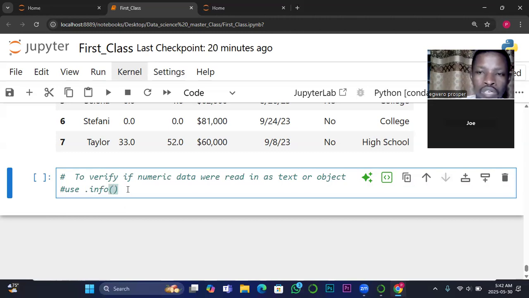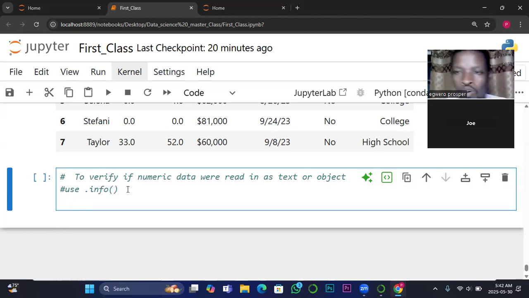So .info will list out all the columns and be able to tell me the type